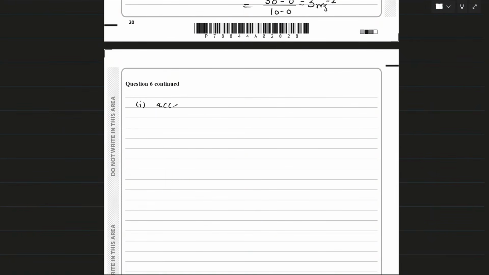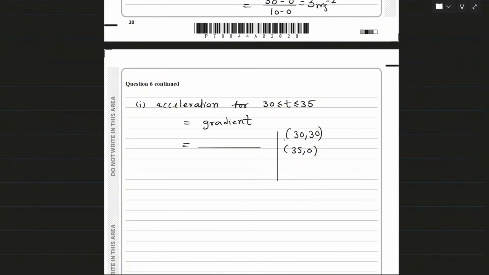Again, we know that acceleration for the given period will be equal to the gradient of that part of the graph. To find the gradient of that part of the graph, we are using the 2 points taken from that part of the graph, and those points are 30 and 30 and 35 and 0. So calculating the gradient, we get 0 minus 30 as y2 minus y1 and 35 minus 30 as x2 minus x1. So this gives us minus 30 divided by 5,